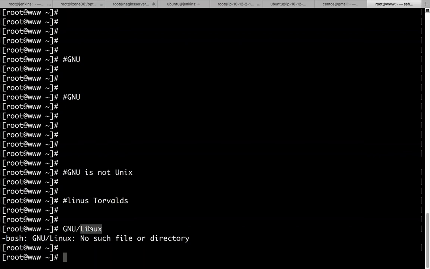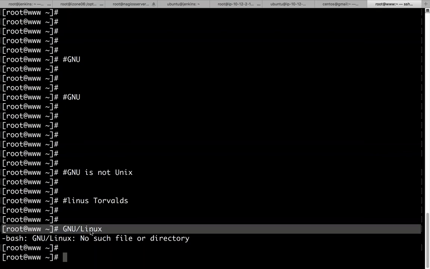You know why? Because you should never forget about the 80% of the contribution, the underlying groundwork laid out when it comes to legal, philosophical, when it comes to programs, when it comes to the rest of the stuff that Richard Stallman did and the GNU organization did. Linux is only filling the piece that is 20%.